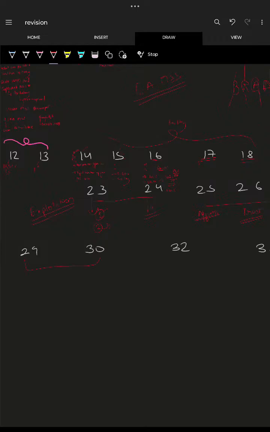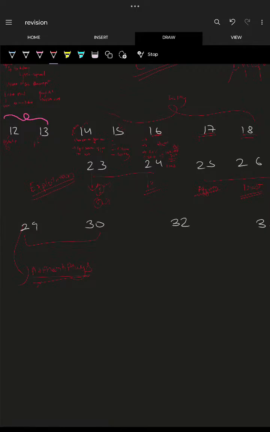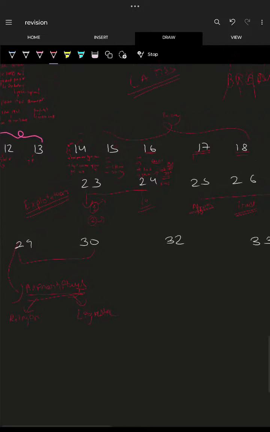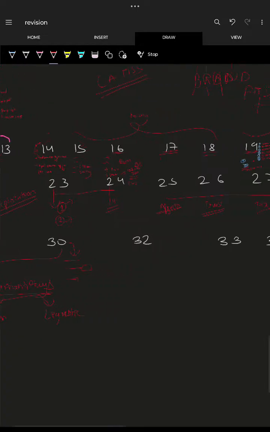Now 29 and 30 are on education, and 29 also tells about minorities. The word minorities is not defined in the Constitution, and it is on the basis of religion and linguistic, in the sense of the language you speak. 30 is on educational institutes. First, you can open any educational institute. Second, your educational institute can be run, and you would be given land and money. Third, no discrimination.